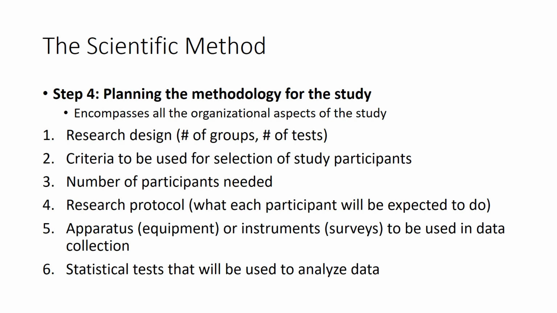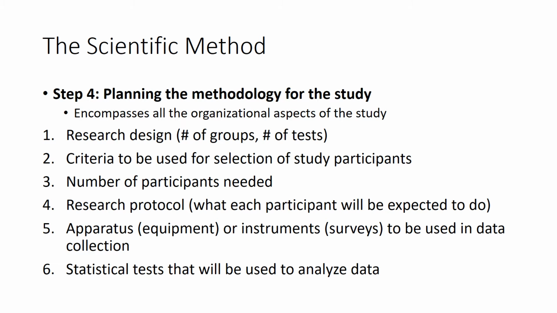The fourth step is planning the methodology for the study. This is a very important aspect of the scientific research study. This includes what the researchers will need to do and what specific order to conduct the research. Think of this as baking an award-winning pie. There are specific ingredients, measurements, time to bake, and oven temperature to get it perfect. If you are missing an ingredient or not providing a certain step in the research process, this cannot be replicated